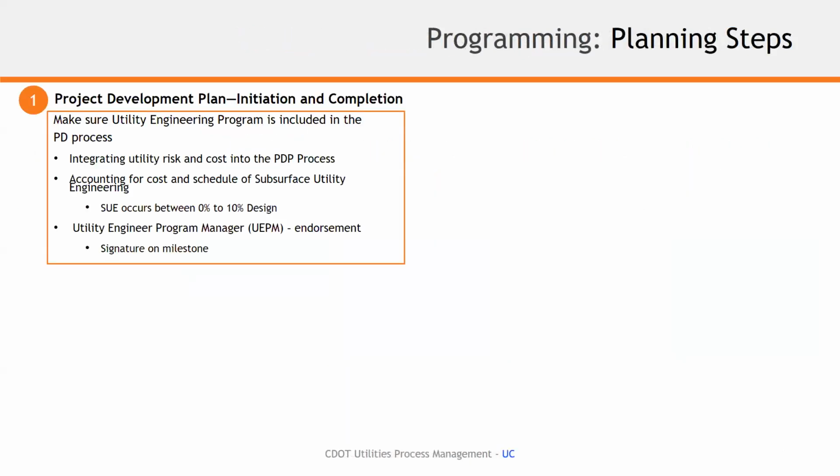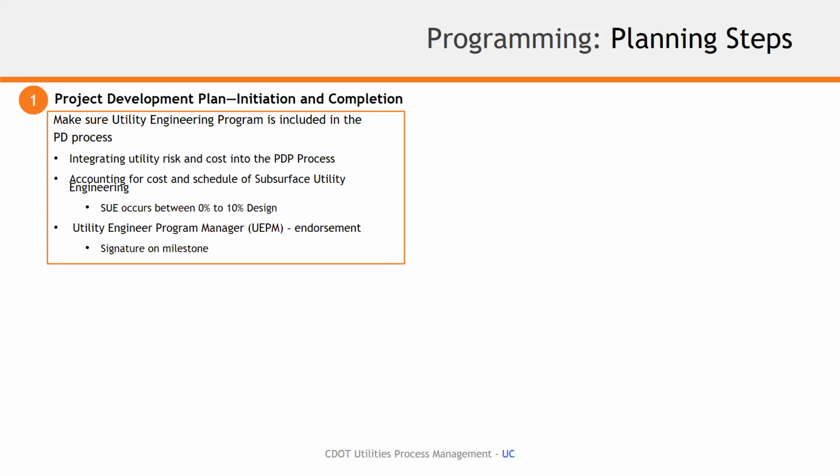During the programming process at this stage, the planning steps involved include: one, project development plan. This is a very important piece of developing the critical path items and identifying each stakeholder within a project at the engineering programming level. And for utilities, in particular, making sure the utility engineering program is included in this